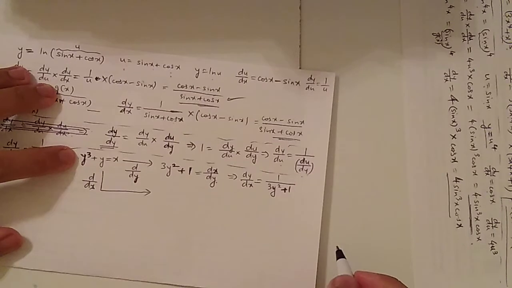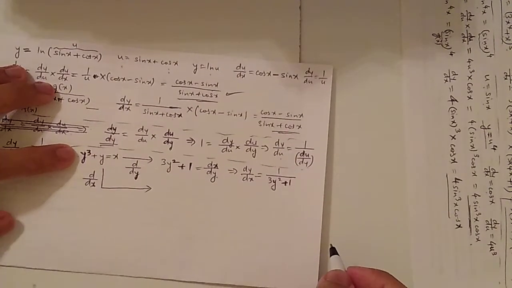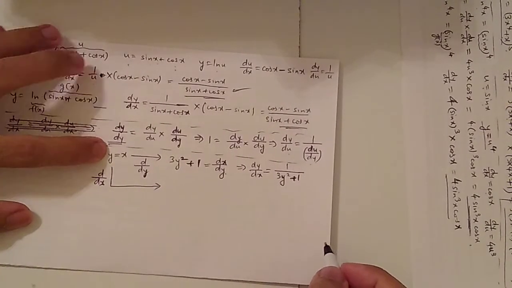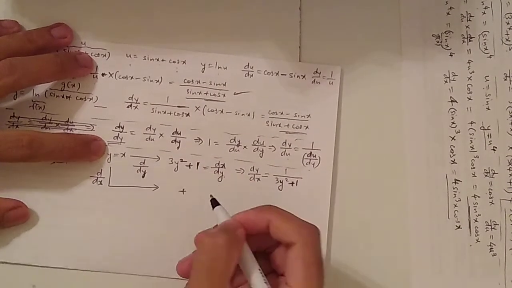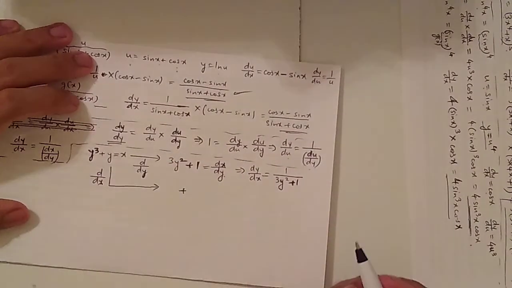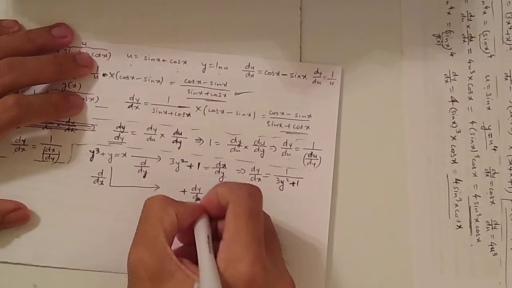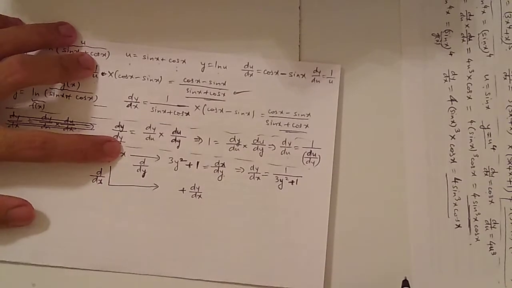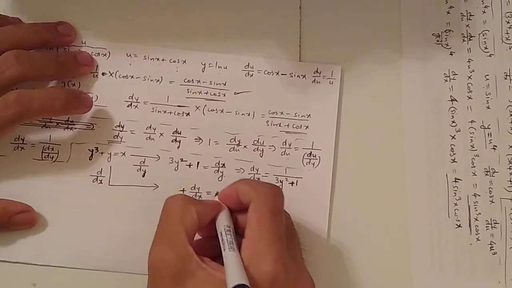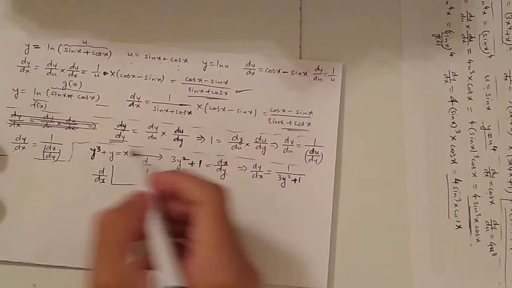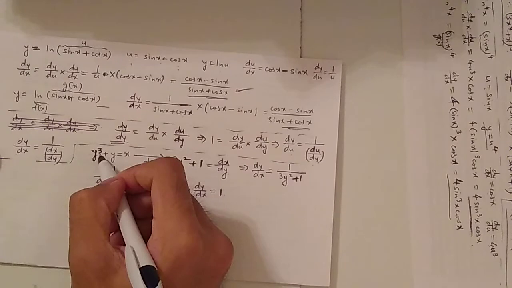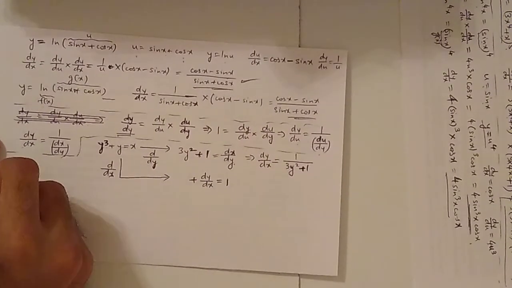So if you differentiate the first expression with respect to x, notice that this is going to require the chain rule. The first part of the expression is going to be easy, because the derivative of y with respect to x is simply dy by dx. The derivative of x is equal to 1. But the derivative of y cube,